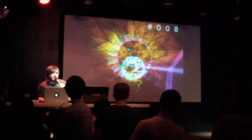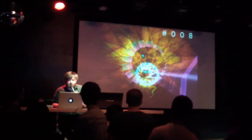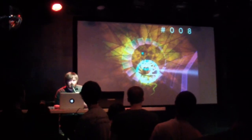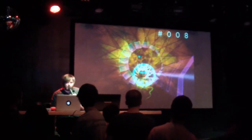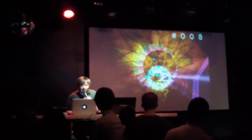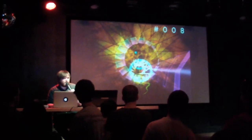Next up, this is Dyad, which you may have seen or played at last year's Fantastic Arcade. This is an actual gameplay screenshot. Dyad is essentially a racing puzzle game with a side benefit of being one of the most amazing audio-visual treats you'll ever get, if you're able to get good enough at the game. And it's also got one of our favorite game soundtracks ever from David Kanaga, who you might also know as